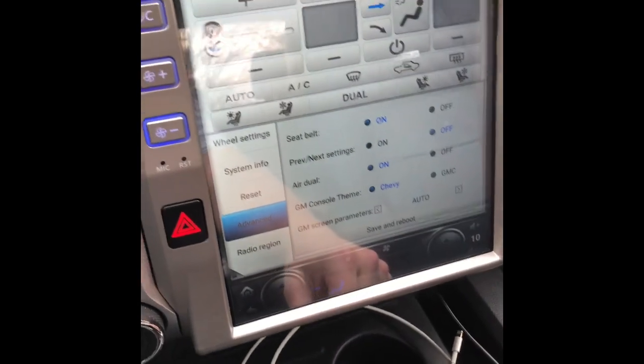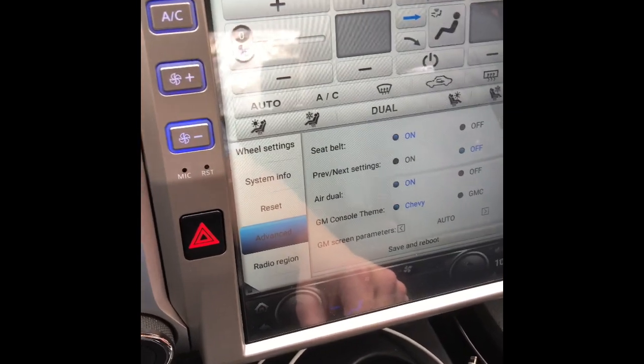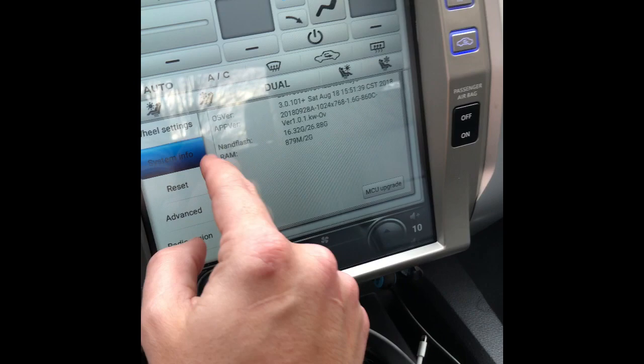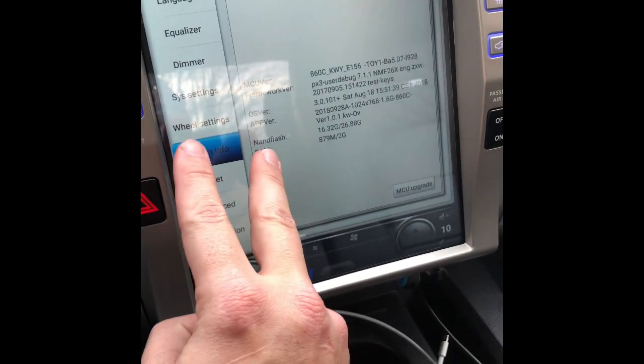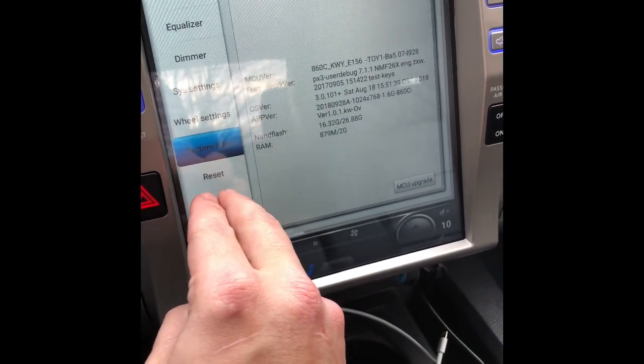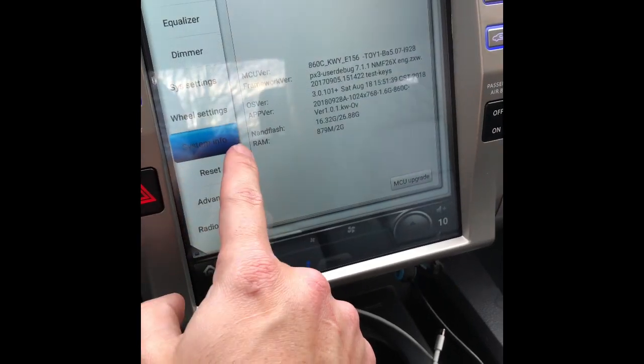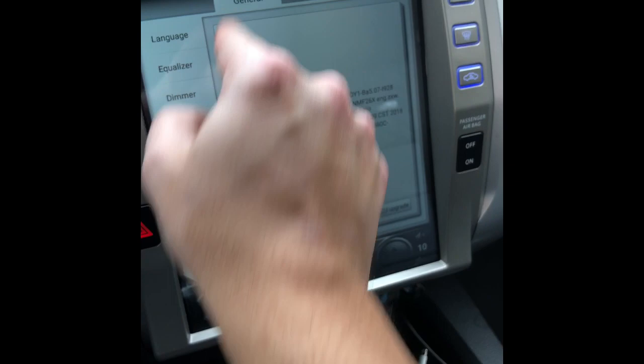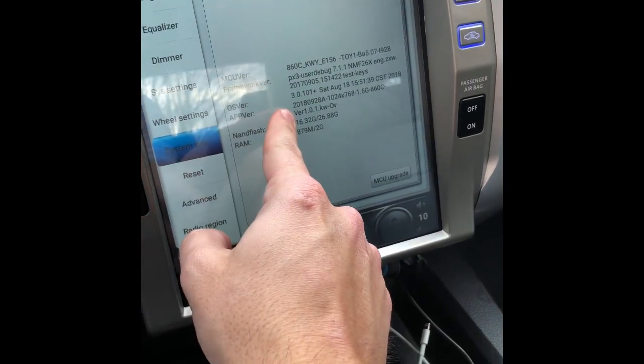So I wanted to record a couple things that I'd done and gone through. There's two settings, some info menus that people talk about, and this is how you get to both of them. We'll go through both. So system info, from settings, you go to system info, and then you tap on that screen